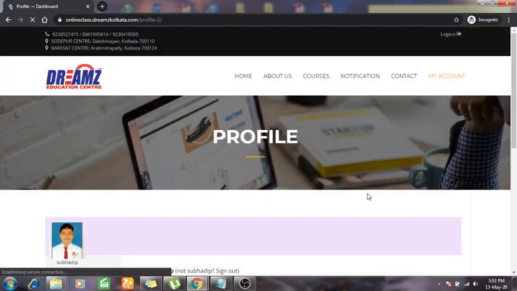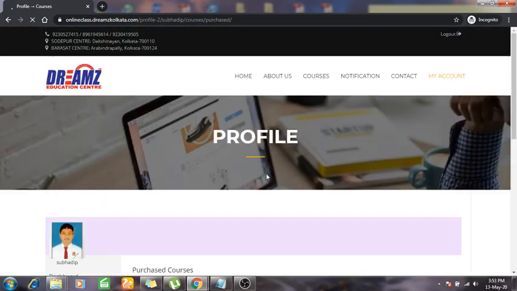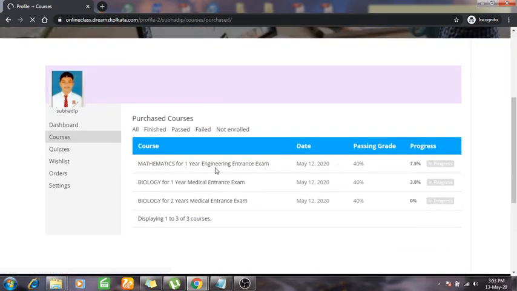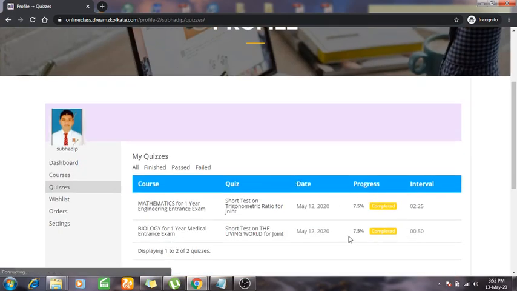First I am moving to the dashboard. In this dashboard, you will find a course tab. Whenever you click the course, all the enrolled courses will show here. This is the enrolled course for me. And in this case, these are the quizzes. If you click the quiz, you can find the short test you gave, and this is the result of it. If you click an individual one, you will find the result and you can review your mistakes.